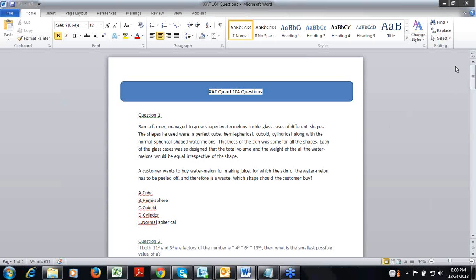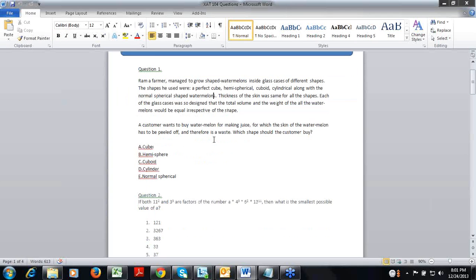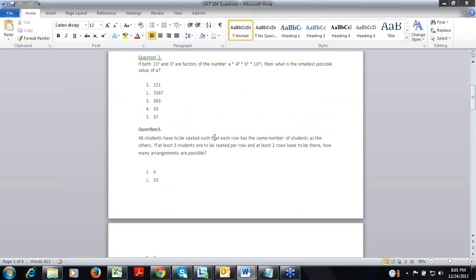Okay, good evening class. Today we'll be taking a new session on XAT quant session. So we'll have around 10-12 questions we'll be solving this evening. So I'll start with question 1 and